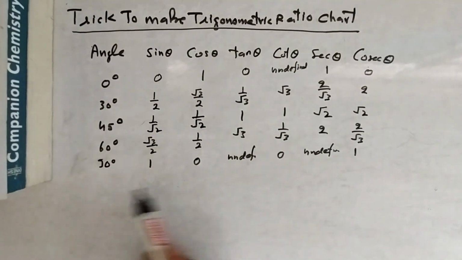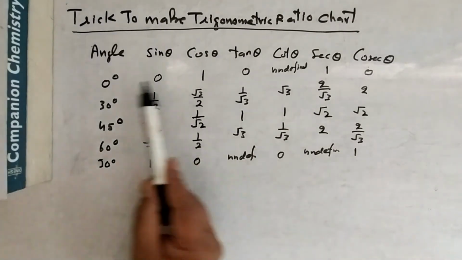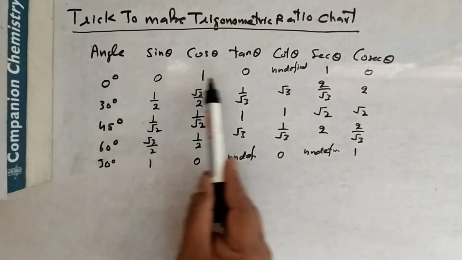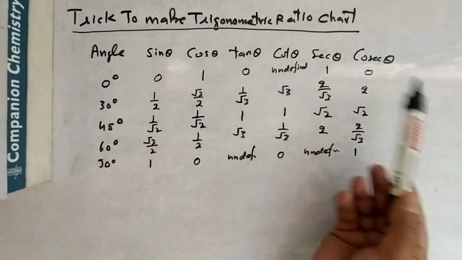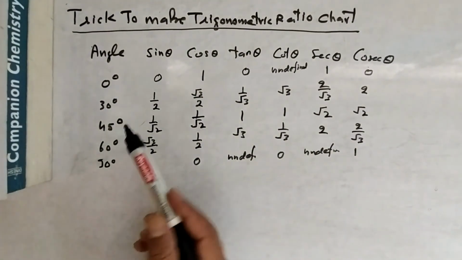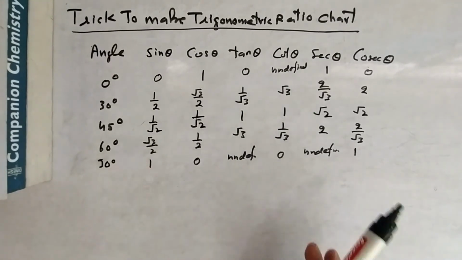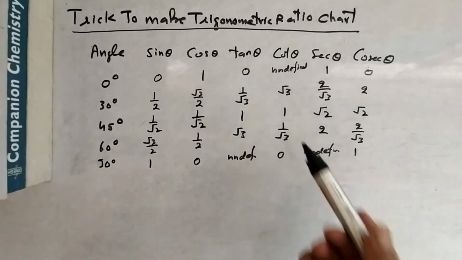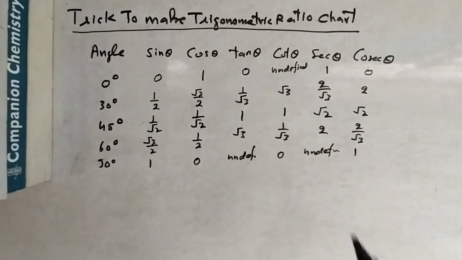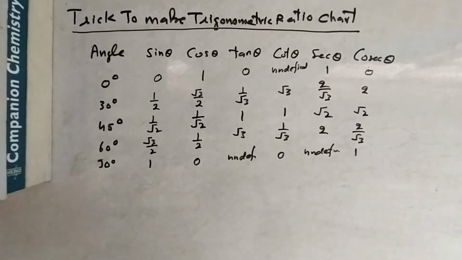There's no need to cram it. This is a very simple trick. You can learn it. You only have to know the values of this side. These values you can understand. Suppose you know a few values, the rest of these values you can calculate. So practice it, because in many questions you have to simplify by using these trigonometric ratios of some standard angles.